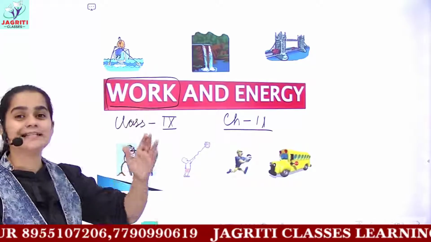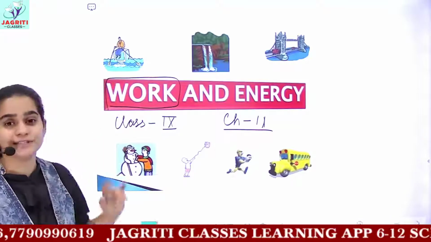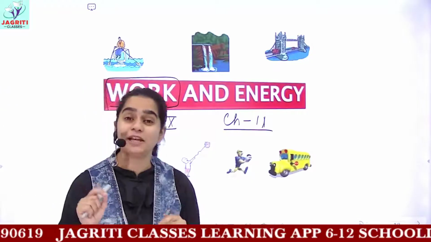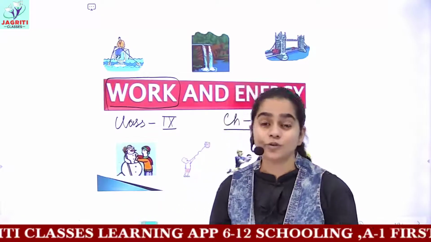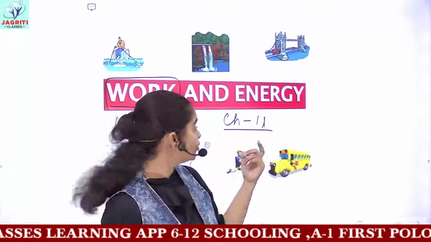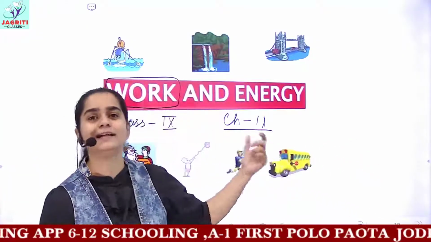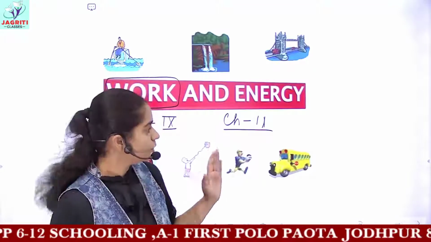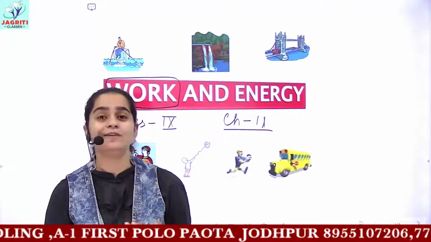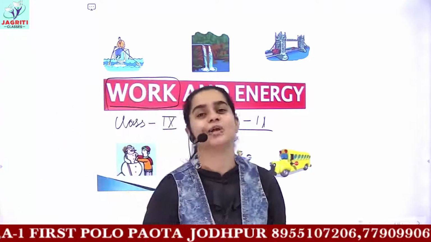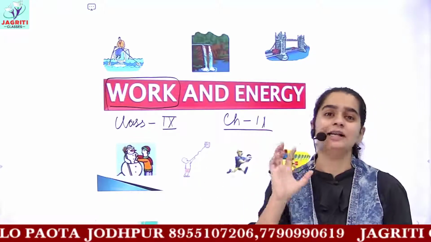We discussed the basic idea of work and the conditions required for work done in physics. Then we discussed some of the numerical questions, the in-text questions related to work. Then I also told you the formula for work. Work is force into displacement, that is, these parameters are multiplied. So work can also be defined as the product of force and displacement. Then we discussed the SI unit of work, which came out to be joule. Joule is represented by capital J.